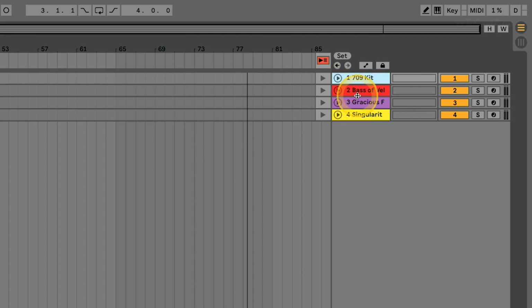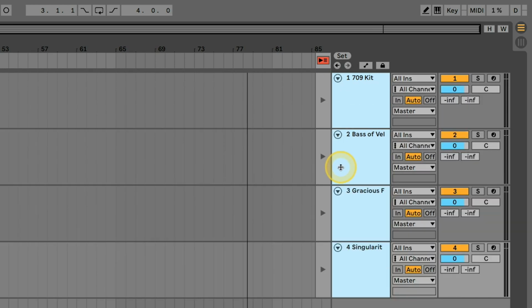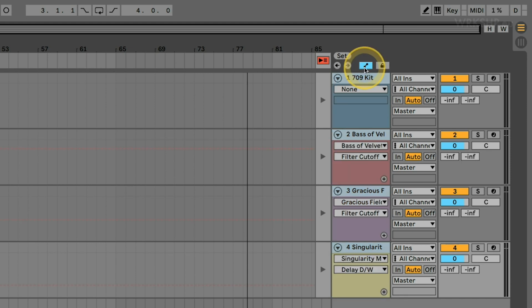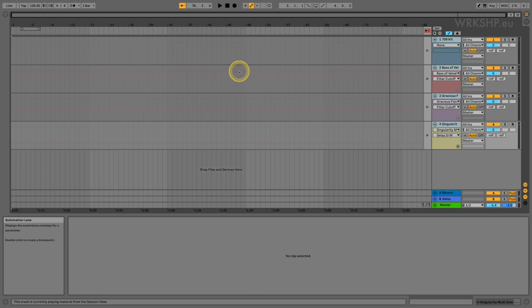Let's take these tracks, and I'm going to hold down Shift and select the last one and just make them quite a bit bigger so we can see what we're doing. And the other thing I'm going to do is to turn on the automation lane view. So if I press this, that means that whenever I record any changes to any parameter, they will appear here.